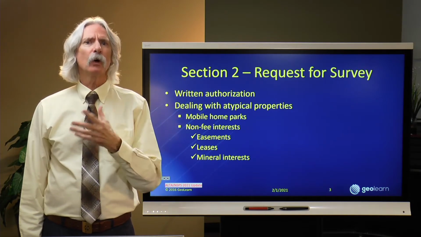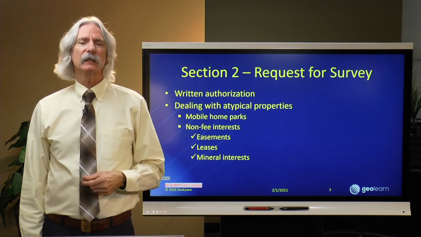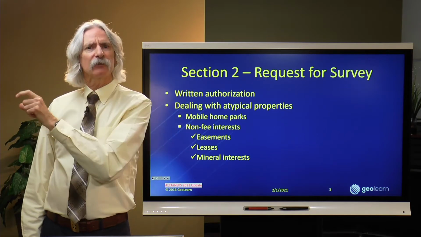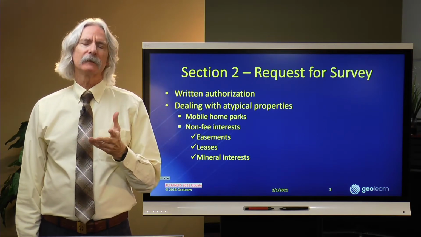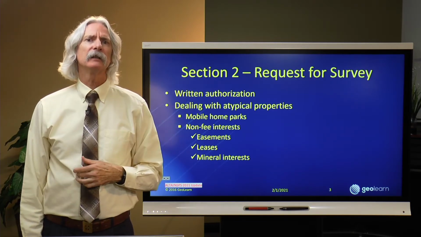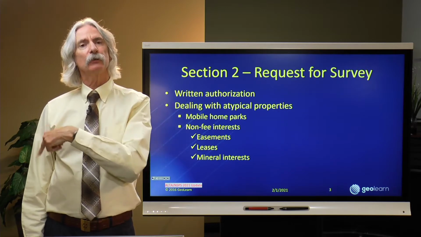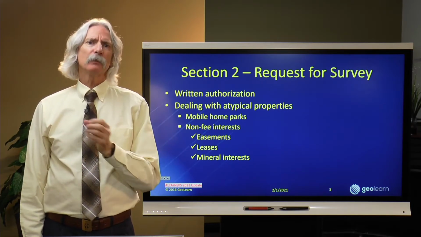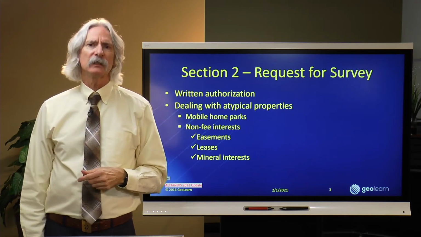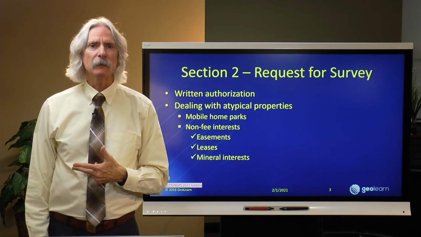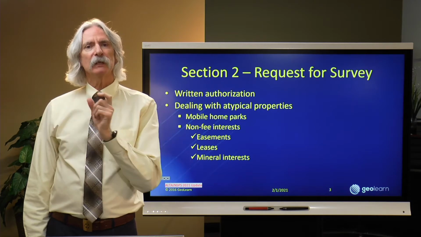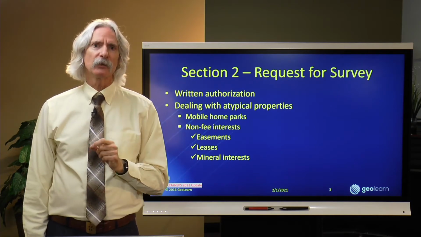Maybe there's an existing hotel and they've already had a land title survey on it, and it would be advantageous for them to have access to a different street. Maybe they're fronting on one street, but they could acquire an easement off a neighbor to get access directly to another street. And so they approach that neighbor and they come to agreement and they decide they're going to acquire this easement for maybe a substantial amount of money. Well, they don't need a survey of the hotel. They only need a survey of that easement because they will get a title insurance on that easement.